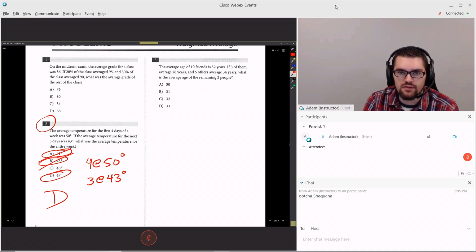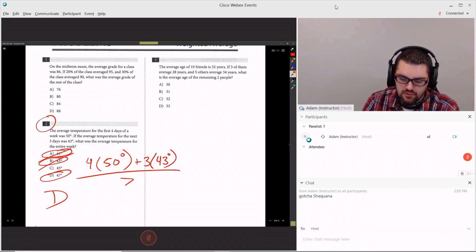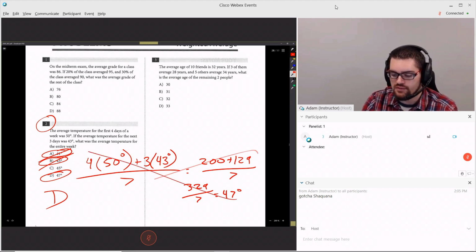That's all. It takes about 10 seconds. We could solve it with some actual math. Actual math would say 4 times 50 degrees plus 3 times 43 degrees, divided by 7, which leaves you a little bit of actual arithmetic to solve out. You end up with 200 plus 129 divided by 7, 329 over 7, and finally you get down to 47 degrees. My entire point is that you don't have to run any of that if you can understand the